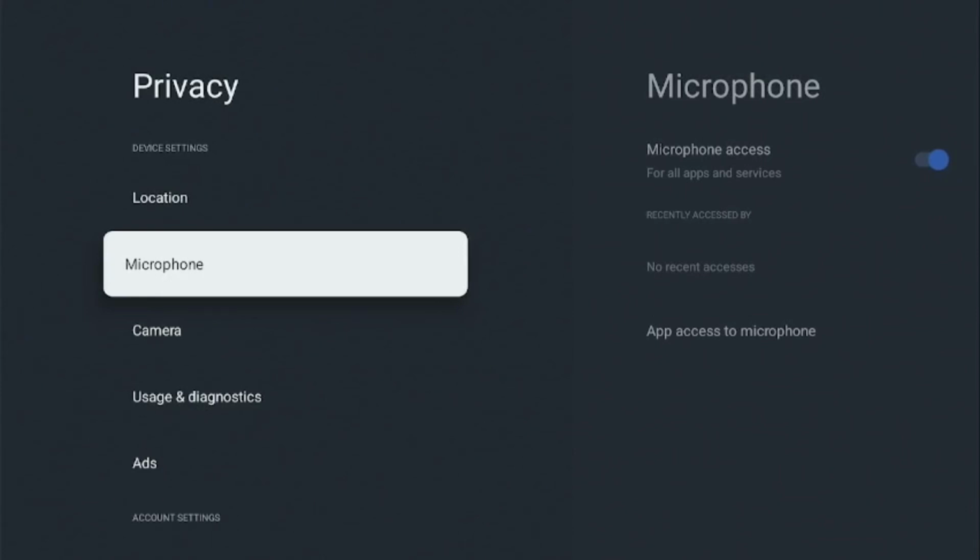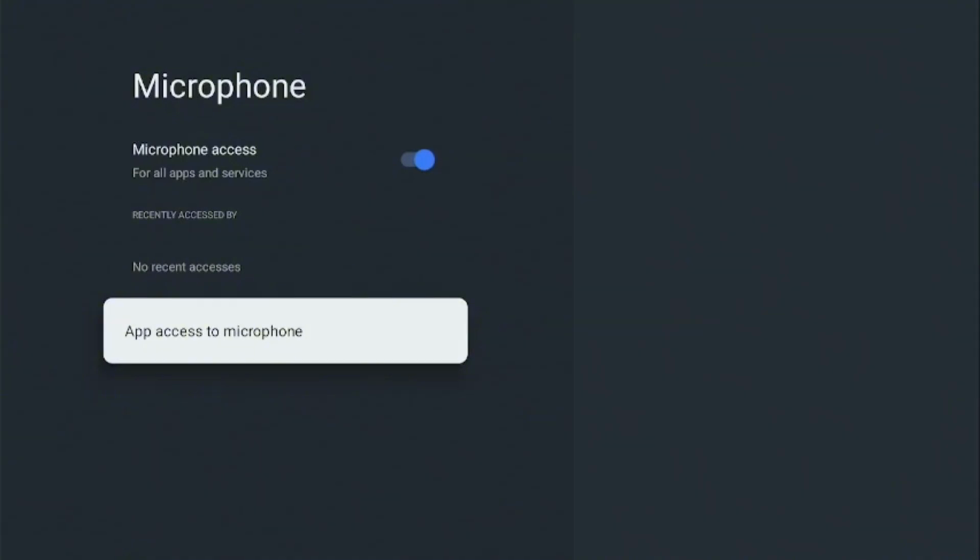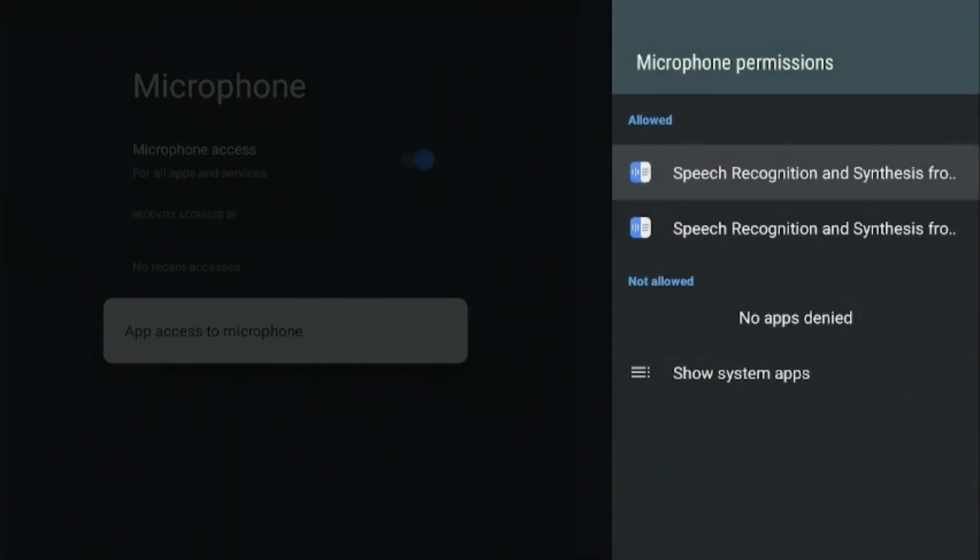So microphone access for all apps is right here. All apps and services can access the microphone. If you turn this off, then you will not have all apps and services accessing the microphone. So I'm keeping mine turned on, and if you toggle to the bottom and click enter, you can see